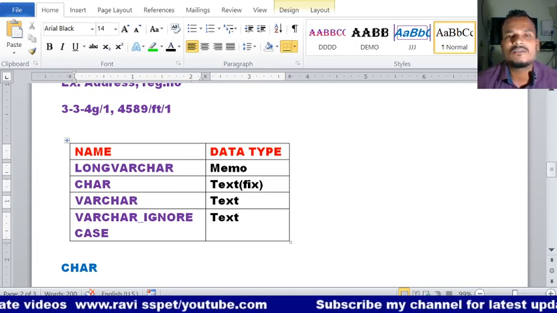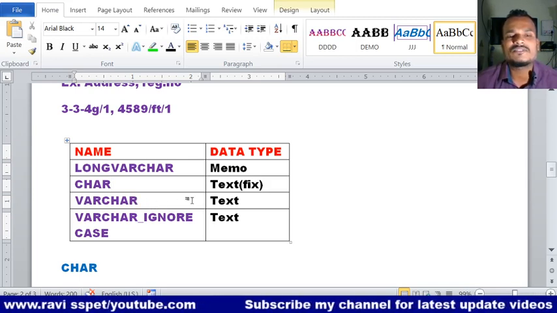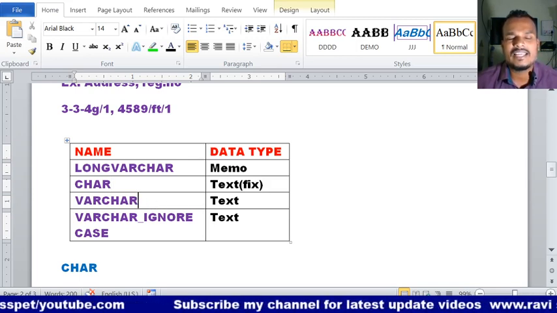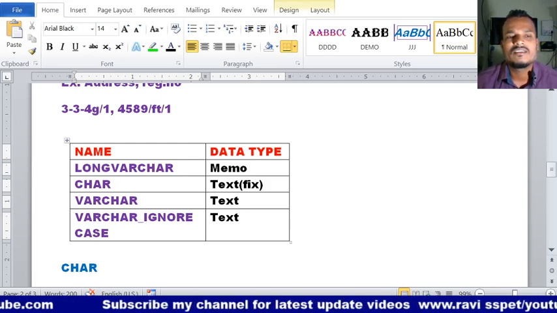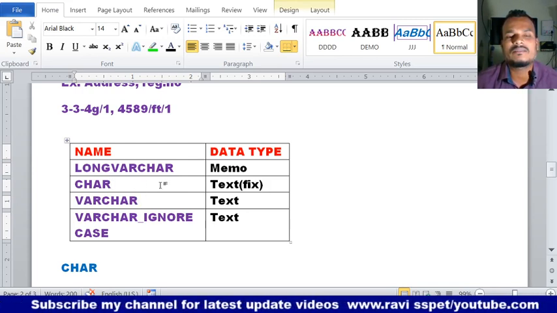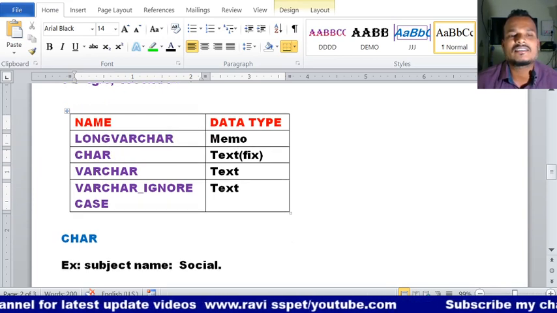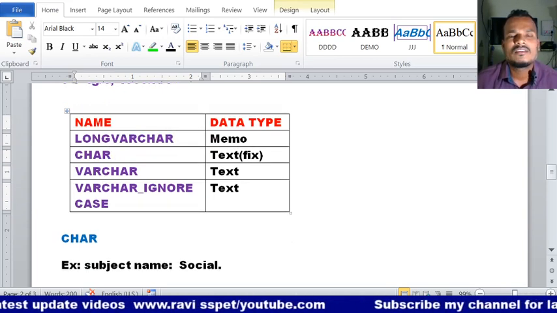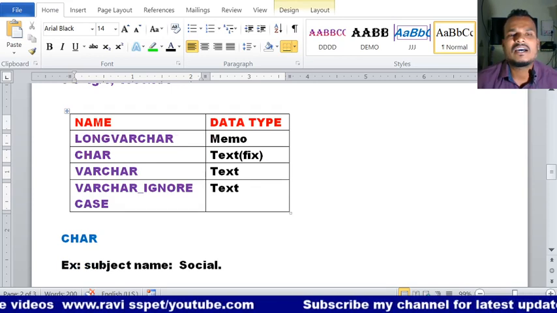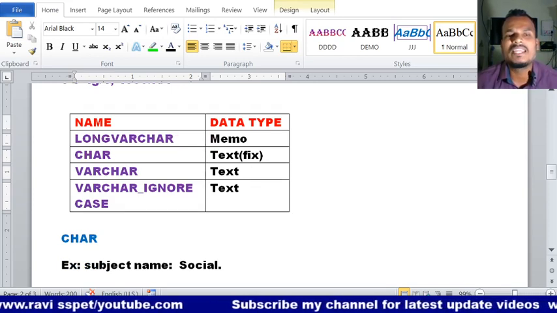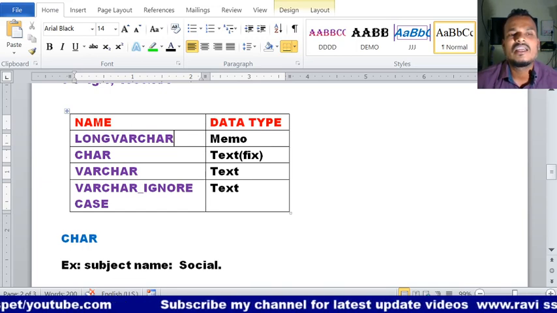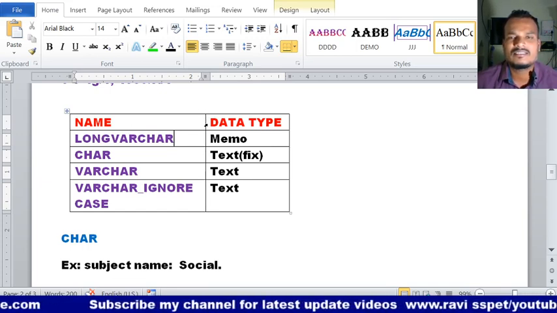Whenever the characters are varying, we have to go for varchar. The best example is names. The best example for char in a table is subject. Then what about long varchar? If the length of the characters is very big, at that time we use long varchar.